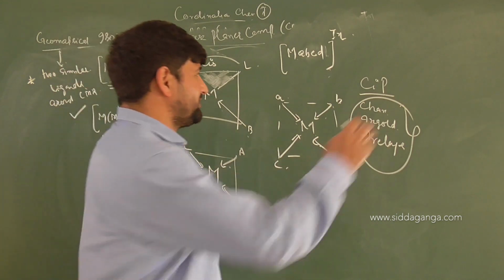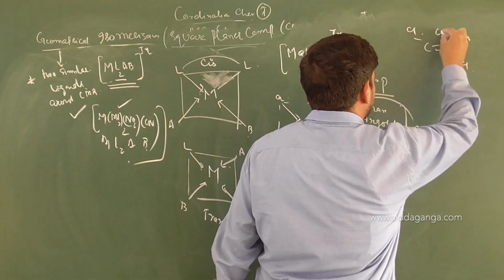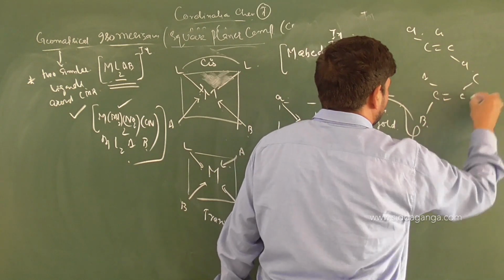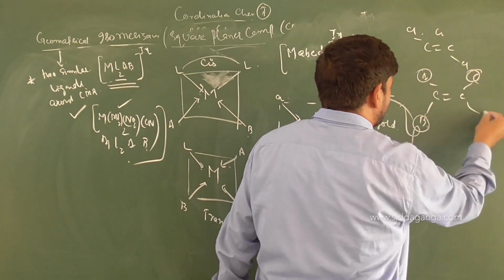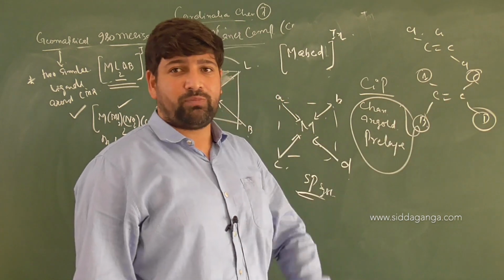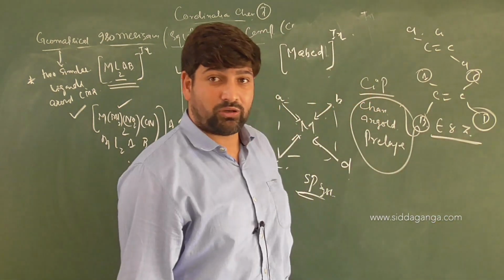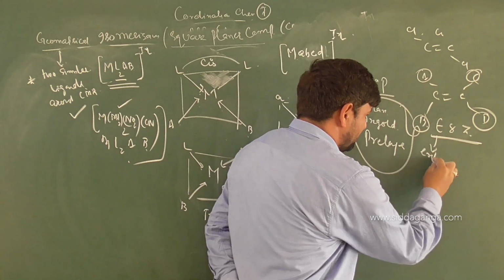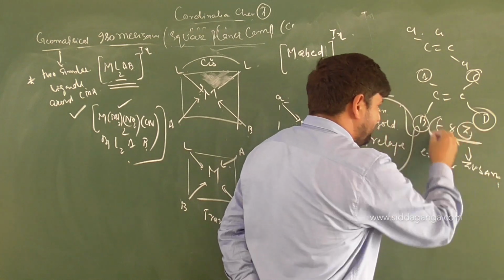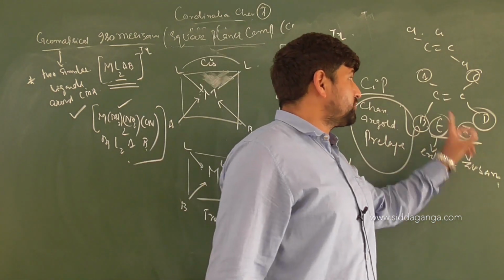If two similar atoms are attached, children, suppose C double bond C, you have chlorine and you have chlorine, so definitely it will be cis and trans. However, if it is C double bond C and you have A, B, C, D, four different ligands, then you cannot say with respect to what it is cis and trans. There a different system of nomenclature is used for naming. We call that E and Z, the EZ system of nomenclature. E is Entgegen and Z is Zusammen. E means on the opposite side, E for enemies, enemies are opposed, and Z for Zusammen on the same side.